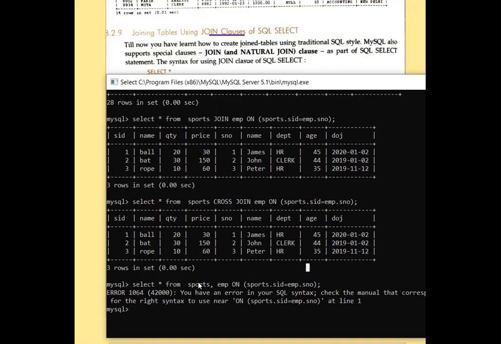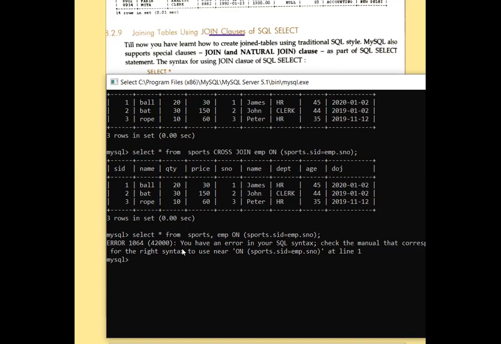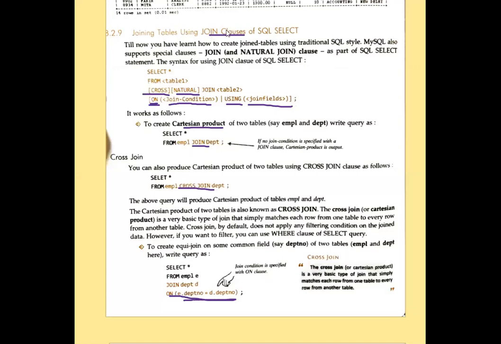It means if you are doing your Cartesian product like this, you cannot use on. So on you are going to use only in the case when you are using join. With join only on will work, otherwise on will not work. I hope this is also clear to all of you. See, we are executing each and everything. Okay. And here also it was given that first we have to write join, that is compulsory. Then only we can use this on. Clear?